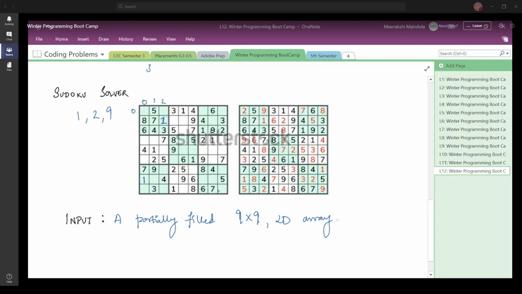I cannot fill 1 here because it is already in this row. I cannot have another 1 in this submatrix, and I cannot have another 1 in this submatrix. The only position I was left with for 1 is this place. So has everyone understood?